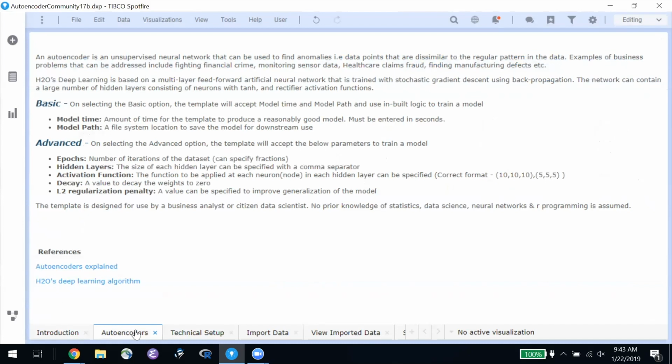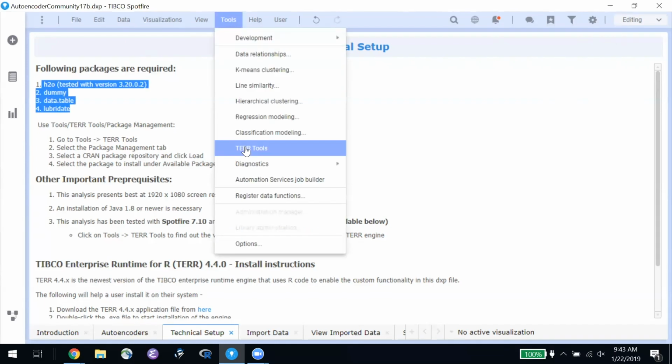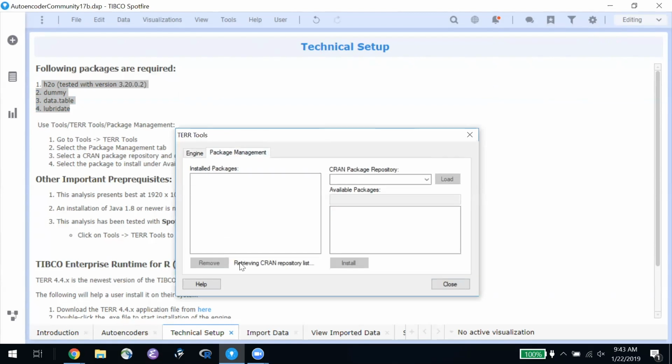You've got just a little introductory information about autoencoders. And then the setup is actually pretty simple. You just have to make sure that these packages are available to R. And so what you do is go to Tools, which I can't see because Zoom is on top of me. We go to Tools, Tear Tools, and this enables us to go to Package Management. And what it does is it retrieves what is already installed